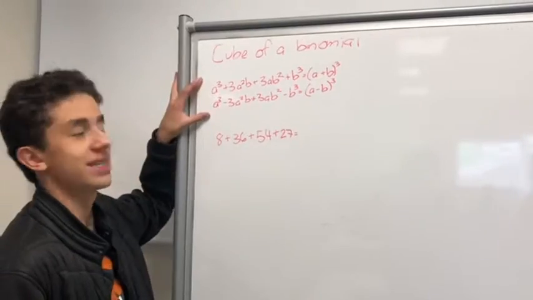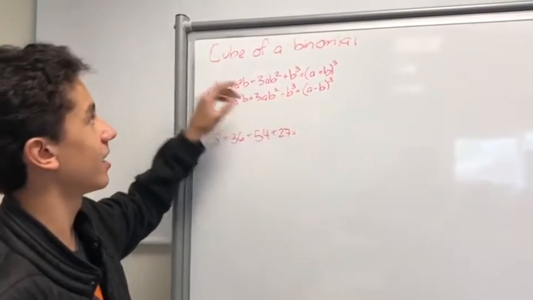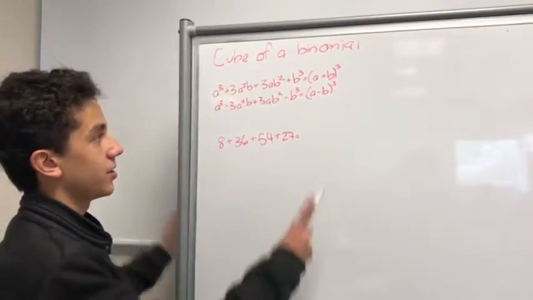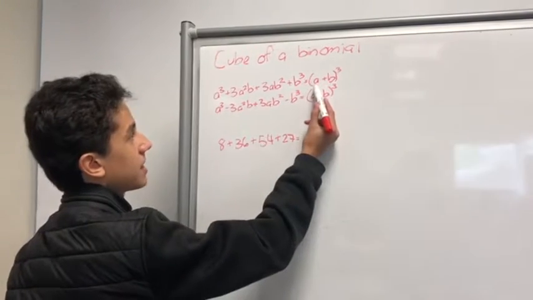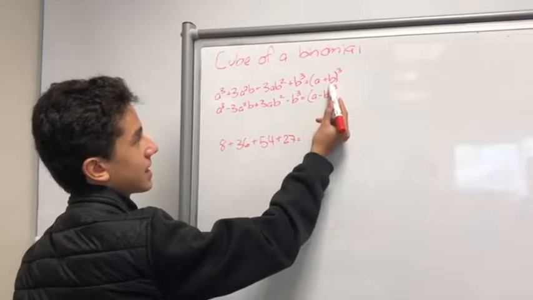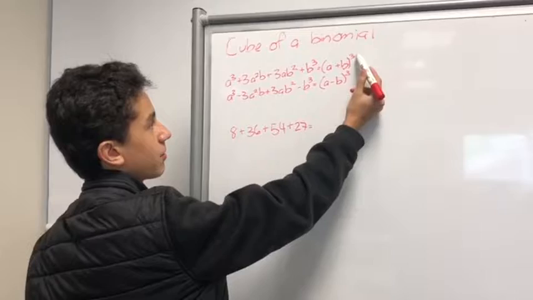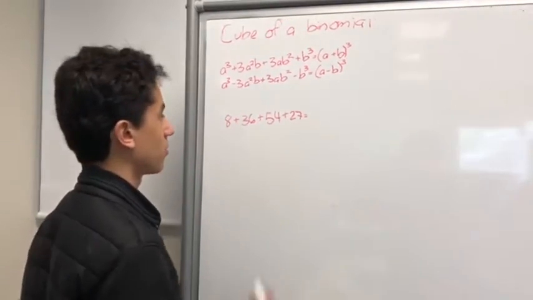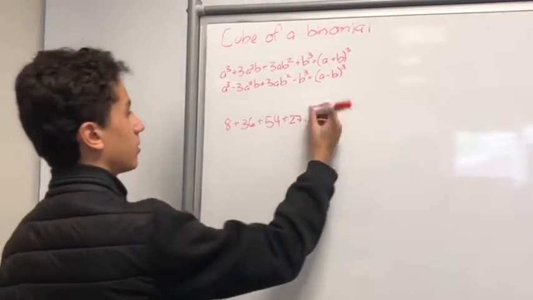So when you have these characteristics in the cube of a binomial, you will put the first term and the second term in parentheses at the cube. So for example here it will be